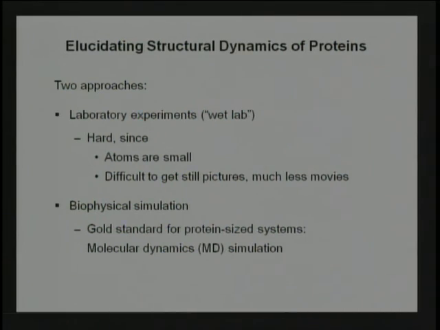Now, this is a simplistic kind of view, from somebody who was trained as a computer scientist, which is, I see the world as, there are two basic approaches. The first one is black magic, which is laboratory experiments, where people go into laboratories and have complicated devices where they shoot energy at small things, get different patterns and interpret them. This is obviously impossible, but people manage to do it. But there are limitations. It's very hard to even get still pictures of what's going on, much less movies. There's some places where you can get that, but we're really interested in our group at understanding those motions.